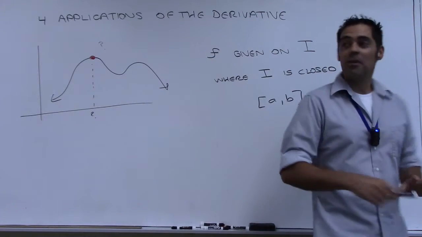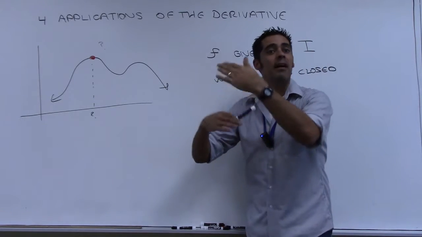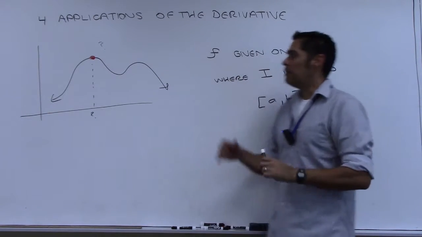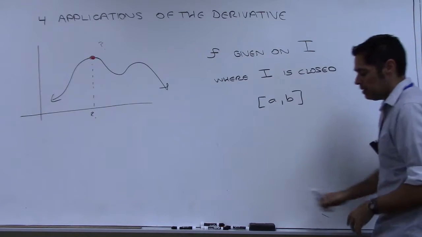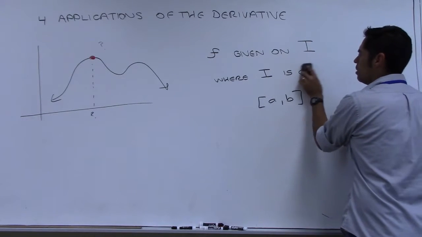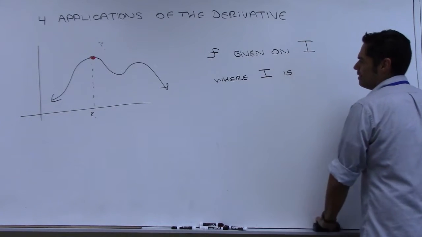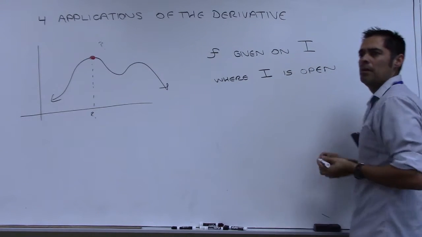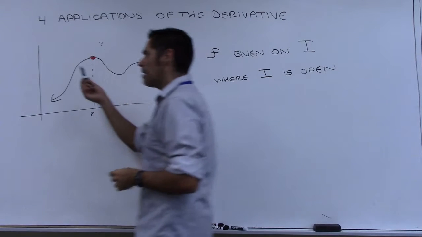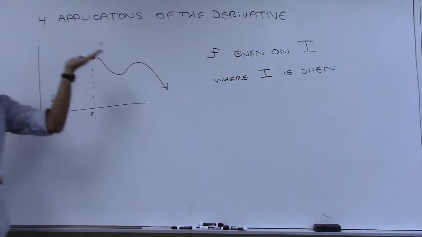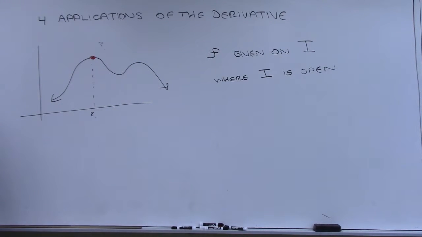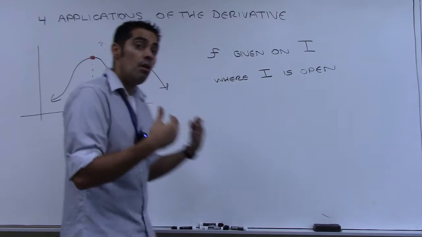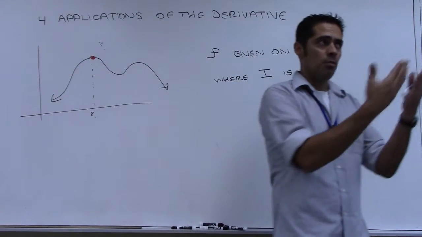If we have a function on a closed interval, looks like we can find a highest and lowest point. If it's on an open interval, which would mean the interval would change to being open, is there a way to do it? Can we find a maximum and maybe a minimum value, a highest and lowest point? So that leads to two different methods. There are two different approaches depending on what you have. There's what's called the closed interval method, which is what we're going to start with.